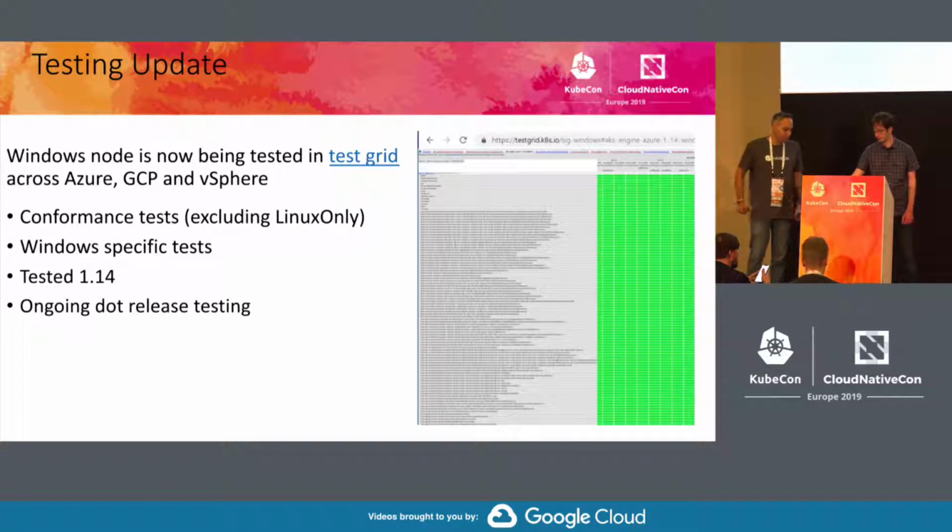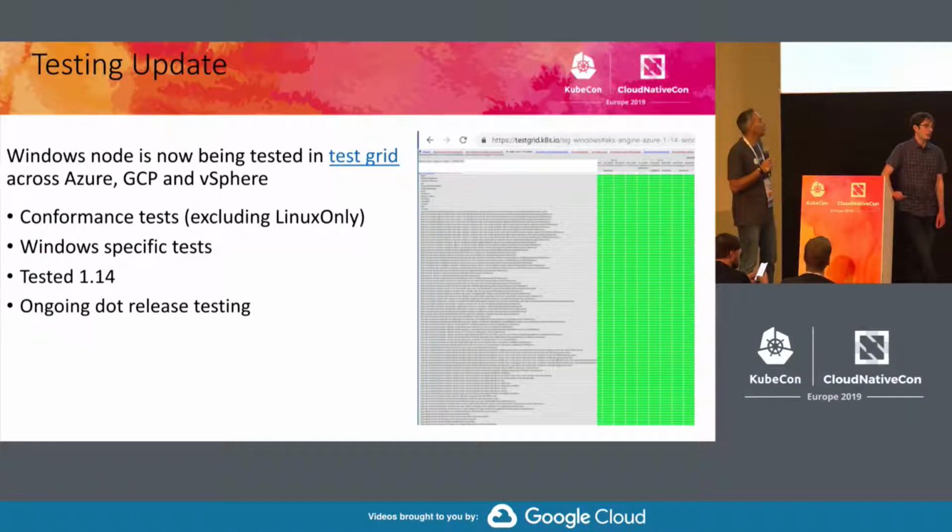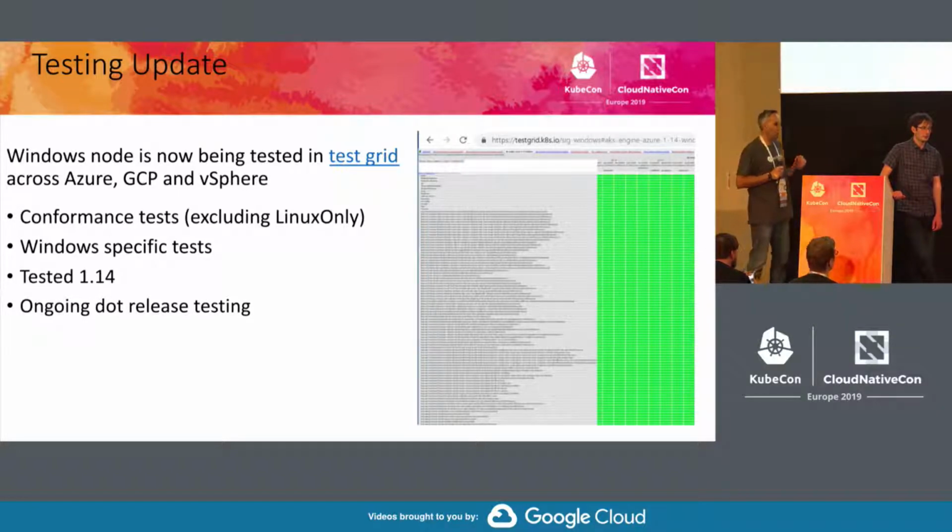All right. Why does that stuff run? Huh? Why does TestGrid all run? Is it restricted, or is it different people running it? Well, so